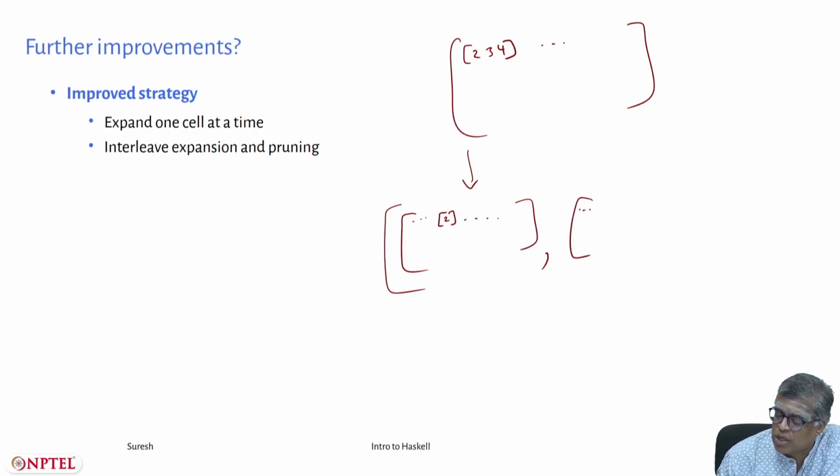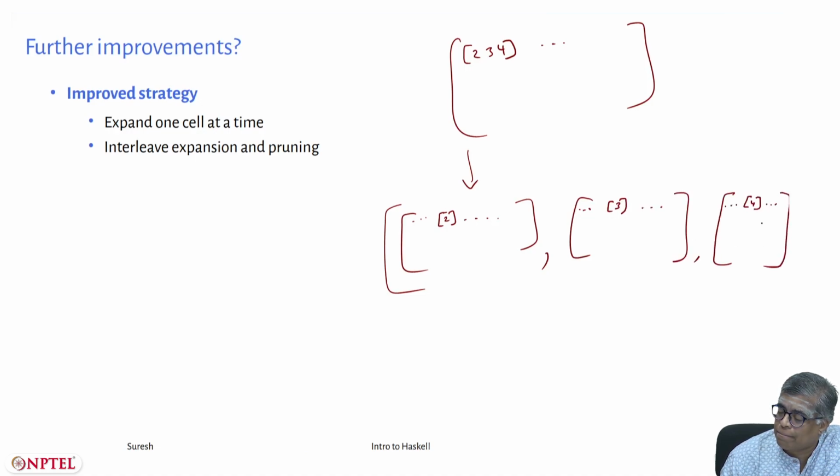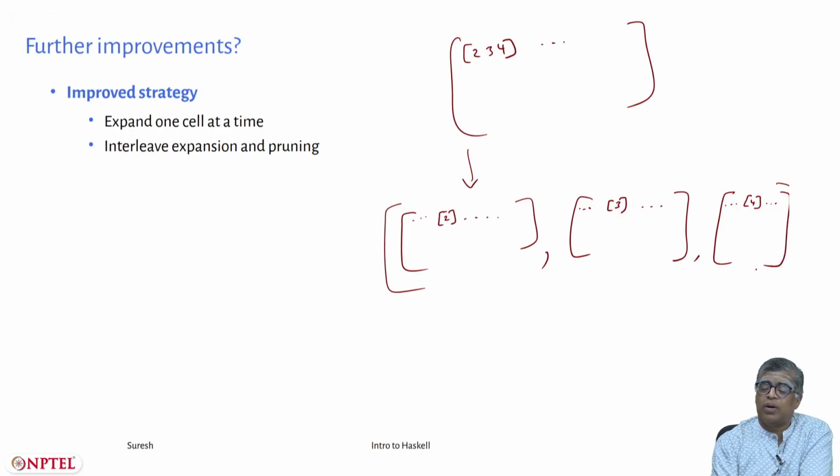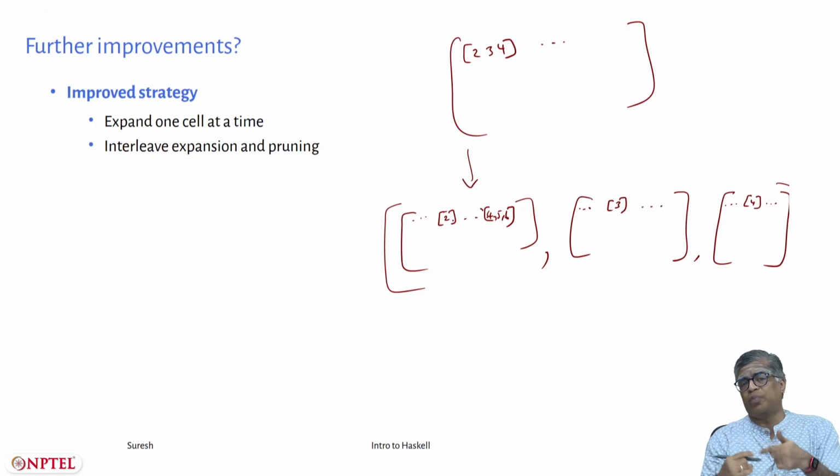The other things are all the same, but this will be 3. The other things are all the same, but this will be 4. But now look at this, I have one more fixed entry, so that will lead to more prunings. Before I decide to expand another cell here, maybe another cell here is 4, 5, 6, but the fact that this 2 is fixed leads to more pruning before you can do an expansion. So you should interleave pruning and expansion.